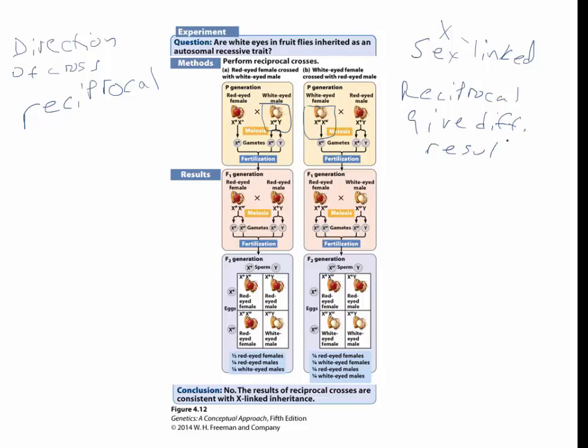If a gene is on an autosome, it doesn't matter if you use a male or a female in the cross, you'll still get the same result. So if you do the reciprocal cross,